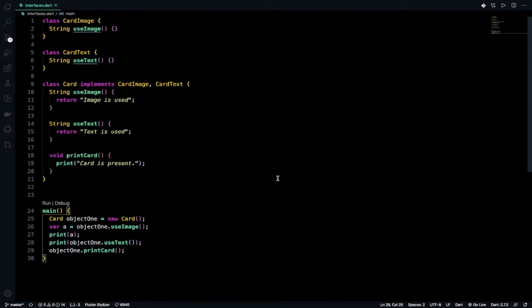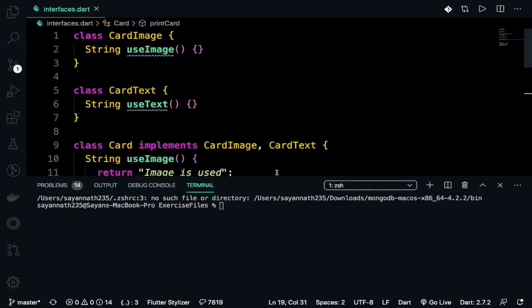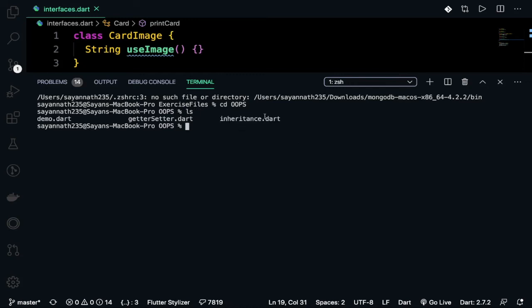So let's run this one. Let's zoom in. Let's go to the oops folder first, and then hit ls, or if you are on Windows then hit dir. I'm on Mac, and the Linux guys will use ls. So where is interfaces dot dart?